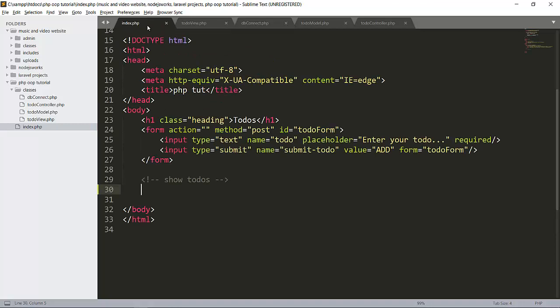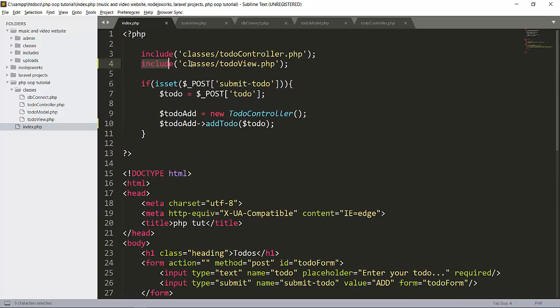Now first of all, let me make this silent. Now we will include, see that we included here, also include_once, because we need it only once. So we included our todo view here.